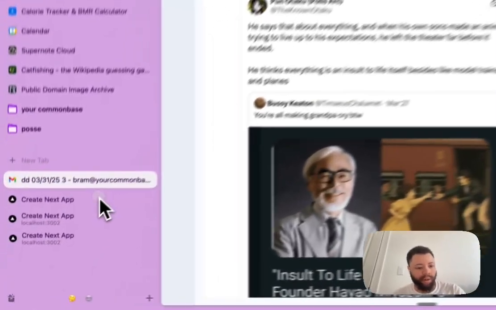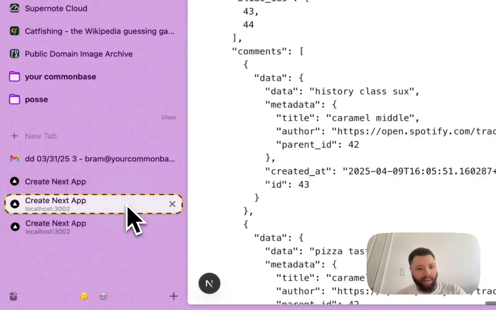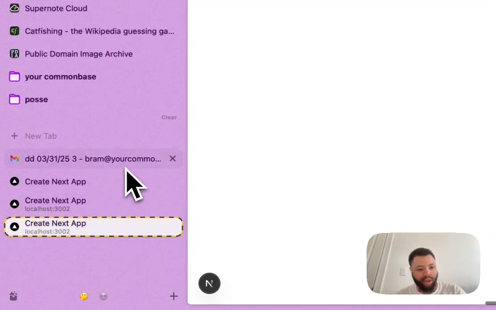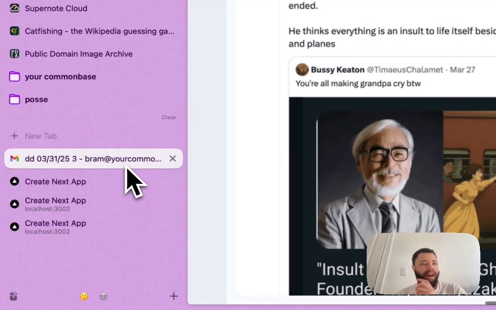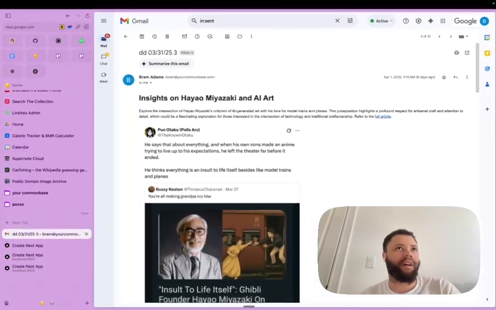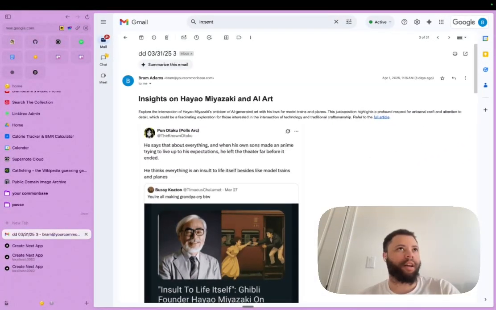So the things that we're going to talk about are digests. Then we're going to talk about threads. Then we're going to talk about share. These are the three features that I've been working on. There's others, but they probably aren't ready to bring into the weekly process other than just mentioning.